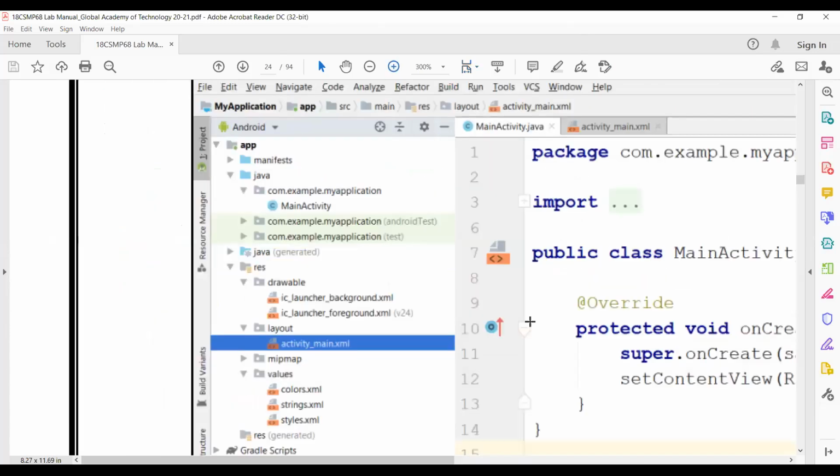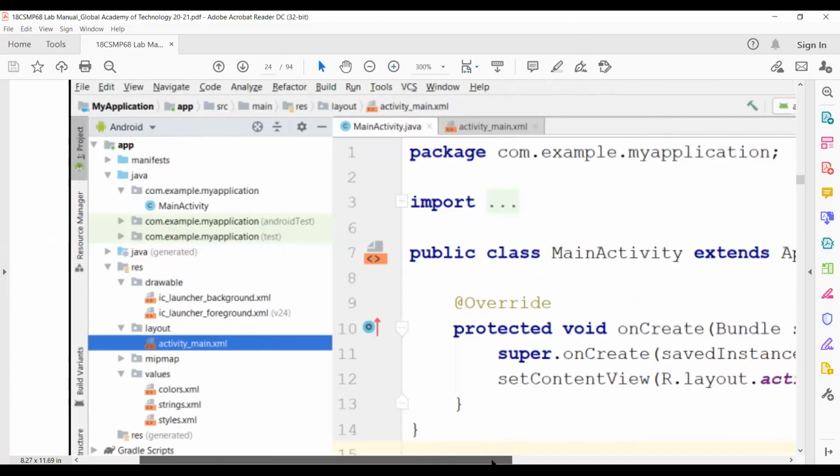On the left side of the page, you can find Java. Under this Java, you can find a package name. Under this package, you can find this main activity. This is your MainActivity.java file, and this is your main activity.